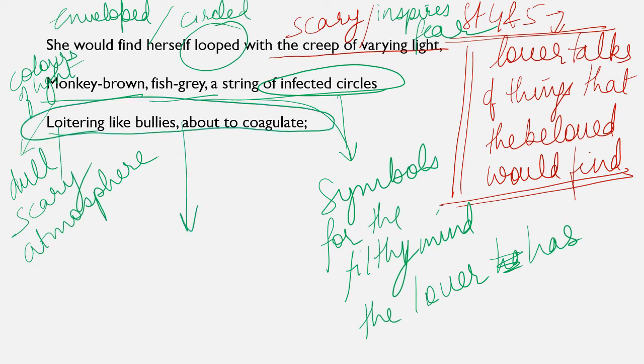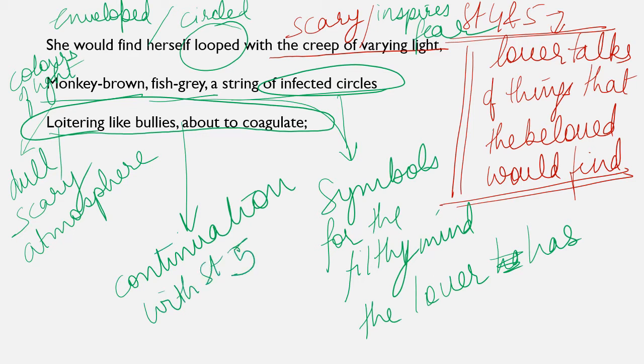And here this line is in continuation with stanza number 5. This is stanza number 4. तो ये लाइन आगे स्टैंजा नंबर 5 से कंटिन्यू हो रही है, आगे मीनिंग कंटिन्यू हो रहा है. और इसमें पोएट ये कह रहा है कि उसके दिमाग में जो कि लाइटिंग है वो बहुत भयानक है. ये पहली 2 लाइनों में तो उसने ये कहा है कि वो डर जाएगी. And in this line I am going to read stanza number 5 now.